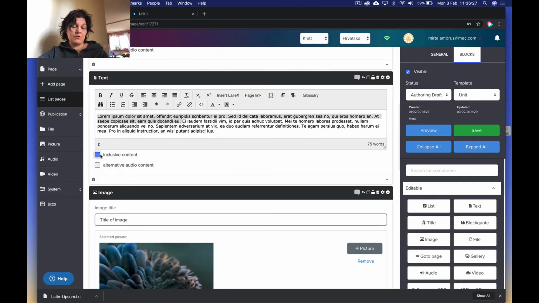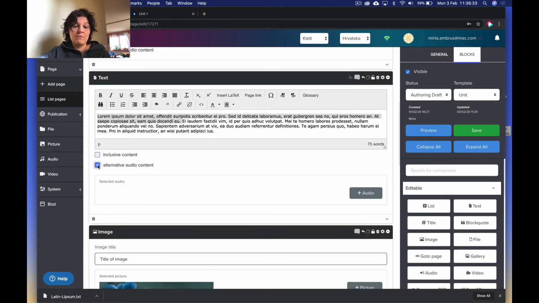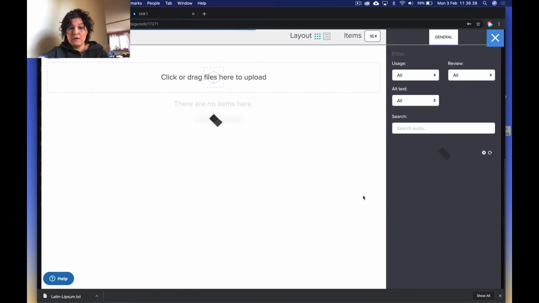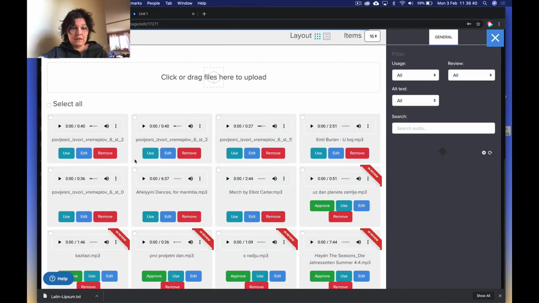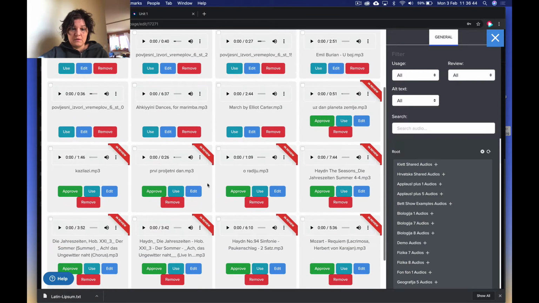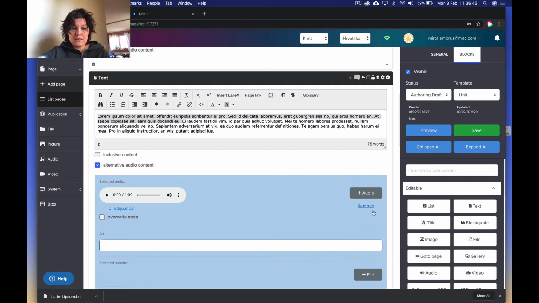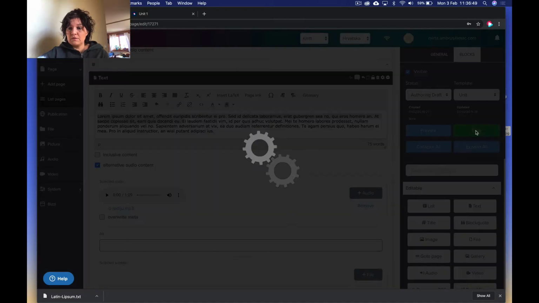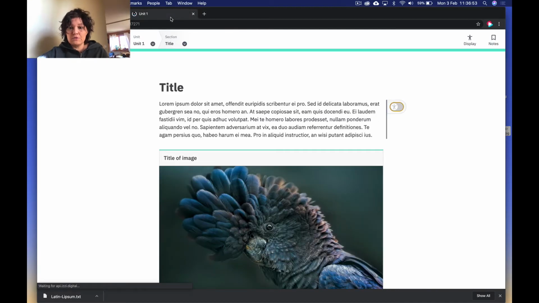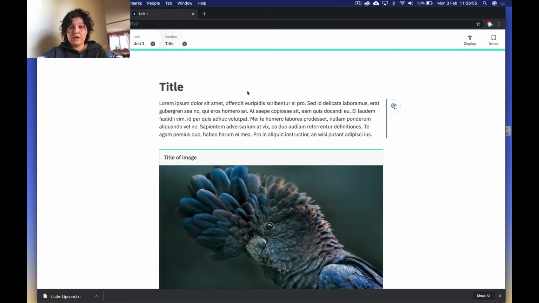And let's see what other options we have. I have this option to add alternative audio content to my blog. When I click this, I get a button here to add audio. So I'm going to go ahead and just add any audio here. I'm going to use this, just any content. And now when I refresh, you will see I no longer have that switch for the alternative version, but